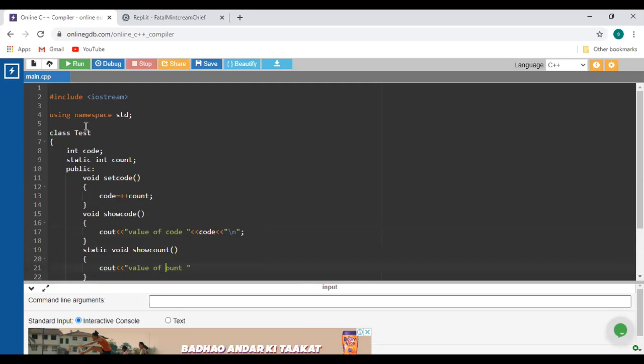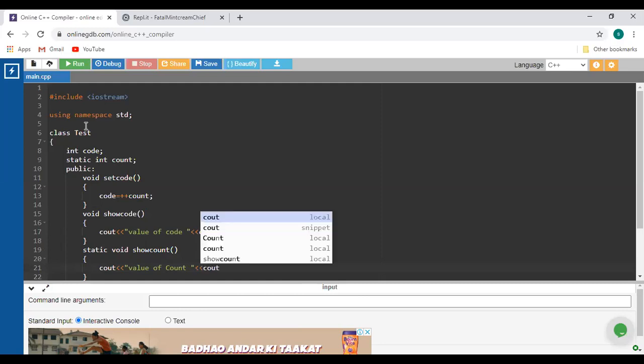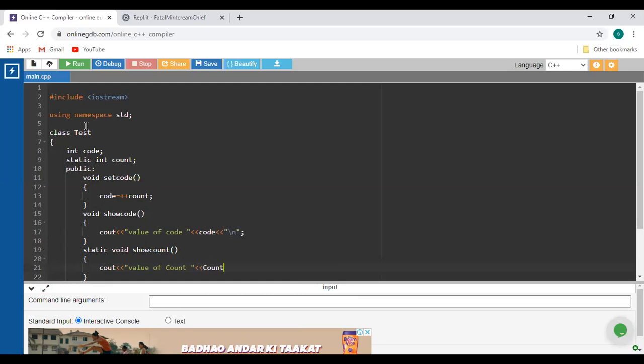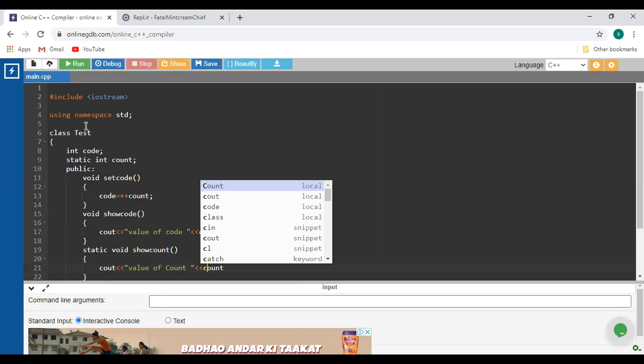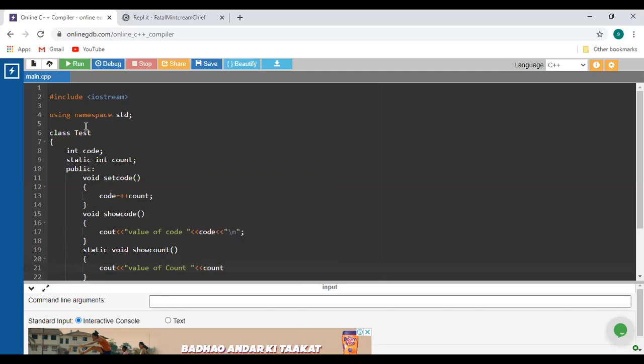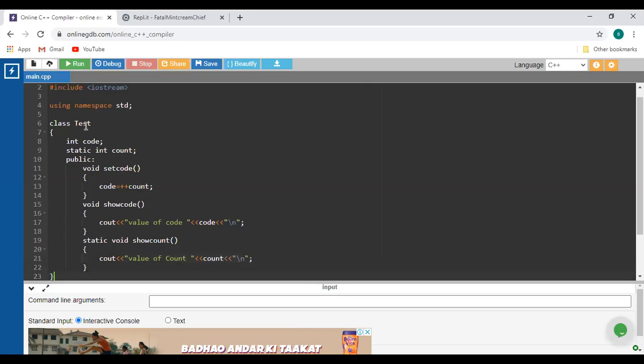Now we are going to check how we provide the call for this function, because this function is static. So that's why we haven't considered it as a count. I think small count, right? And we'll consider it as slash n. Okay, so this is the end of this class.